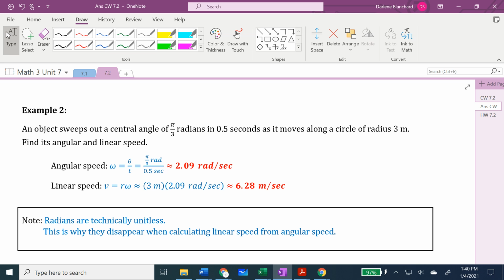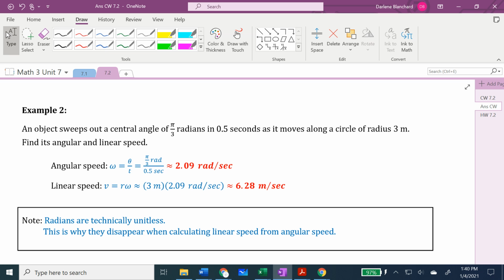When we bring in the units, if you think about angular speed, the units we speak of when we speak of angles are radians right now. However, it could have been degrees, but then we would need a different formula. And then over some unit of time, in this case, seconds. So the angular speed ends up being 2.09 radians per second. The linear speed,